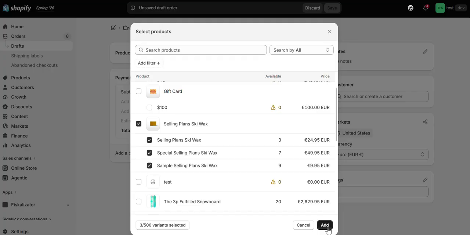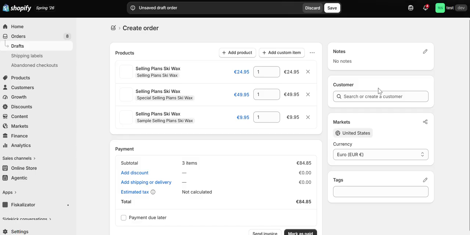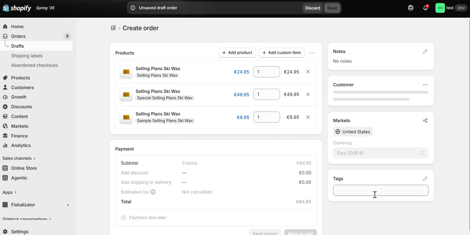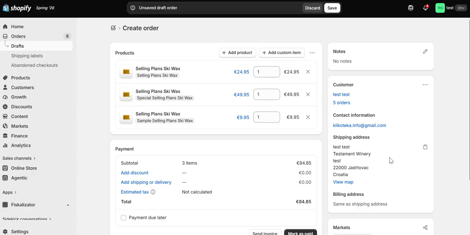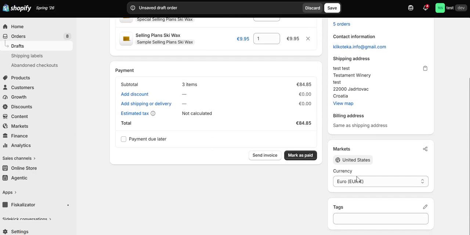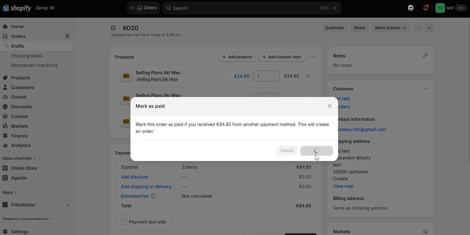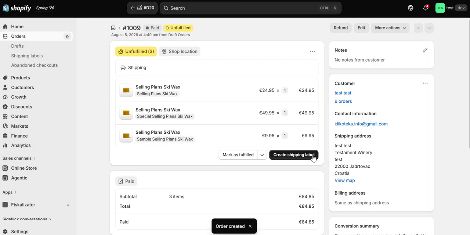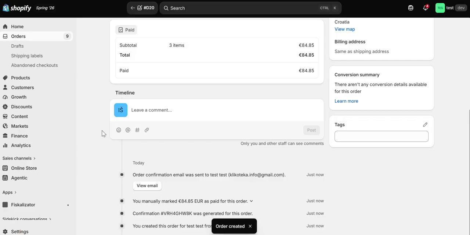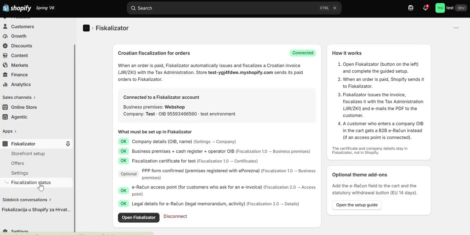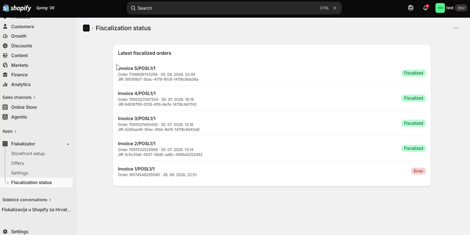So I will add some orders, use some customer. I already have this test as customer. He has a Croatian address, so I just mark it as paid. Okay, and create this order. Order is created, so now I can see that order inside of fiscalization status. See it here,